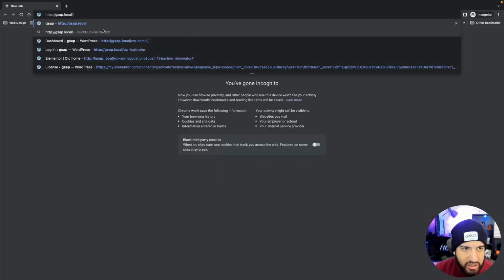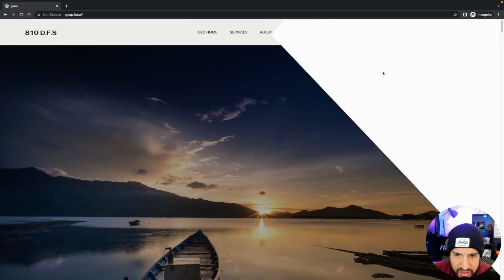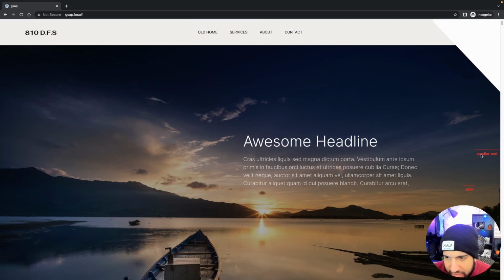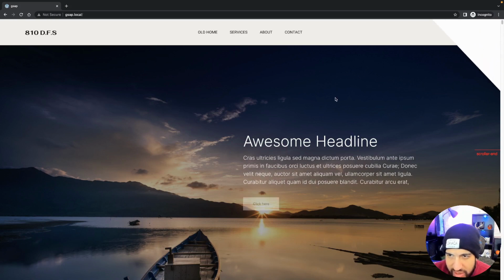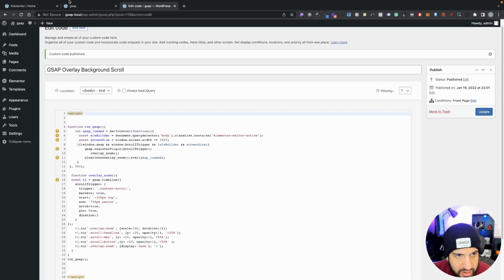I'm going to go into incognito and look at my site and fix any bugs that I may have, because there does sometimes tend to be bugs. Let's go ahead and test this out. As you can tell, it works pretty good. Now, I like to have these markers just so I know when this timeline is going to end. I'm going to show you how to remove them right now. Basically, the scroll start is all the, I know you can't see it right now because I have this set to 99, but if I go ahead and edit my code here,